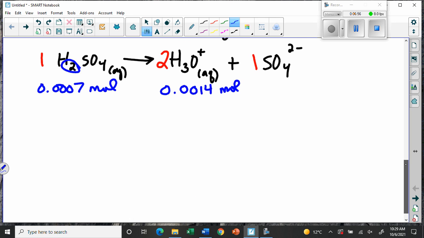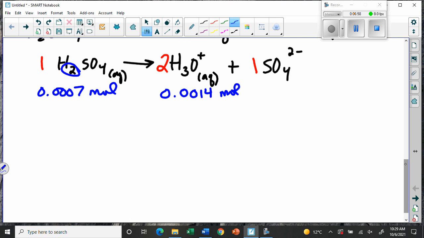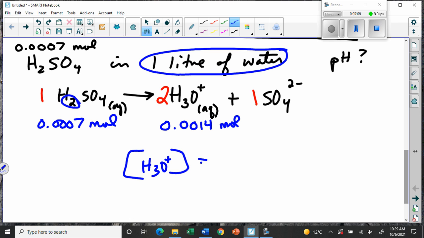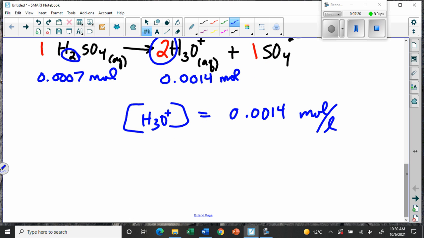Then I now know the moles. It's twice as much. I check my liters. Well, it said 1 liter of water, so that means that the concentration of H3O plus, or hydronium, is 0.0014 moles per liter. So on tests, a lot of people forget about this, and they just use 0.0007 by mistake because they didn't do the first part properly. Okay? So now I can do the pH,